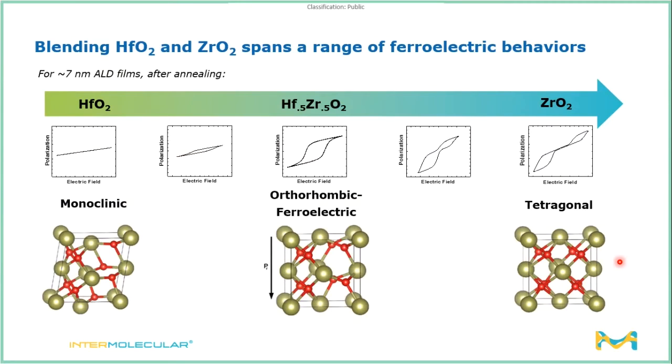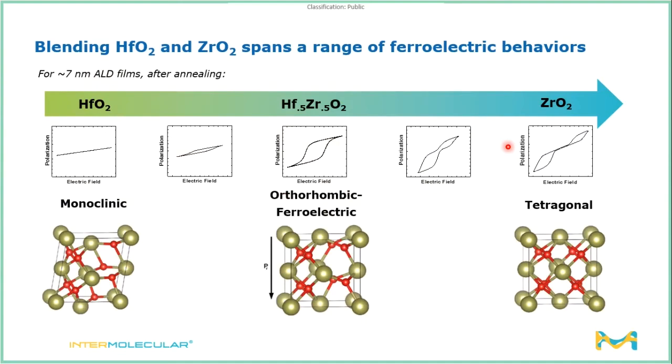And so the reason that these two materials go well together is because they have very similar crystal structures. And so whether you're talking about hafnium oxide or zirconium oxide, you actually can position the atoms in very similar orientations to what we talked about previously. And by scanning in between a range where you have almost entirely hafnium oxide to almost entirely zirconium oxide, you can really illustrate all of these different crystal structures and all of these different electrical responses, going from a regular dielectric material to one that has an open loop ferroelectric response to one that's more of a pinched loop antiferroelectric response. And so this is a really powerful way that you can tune your system in order to get different